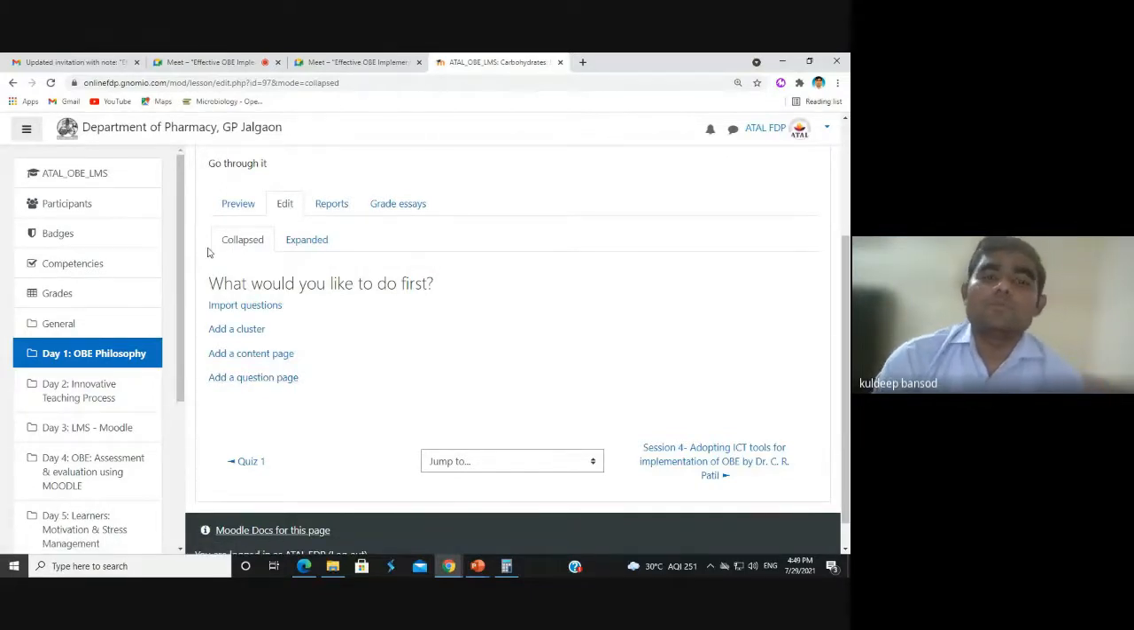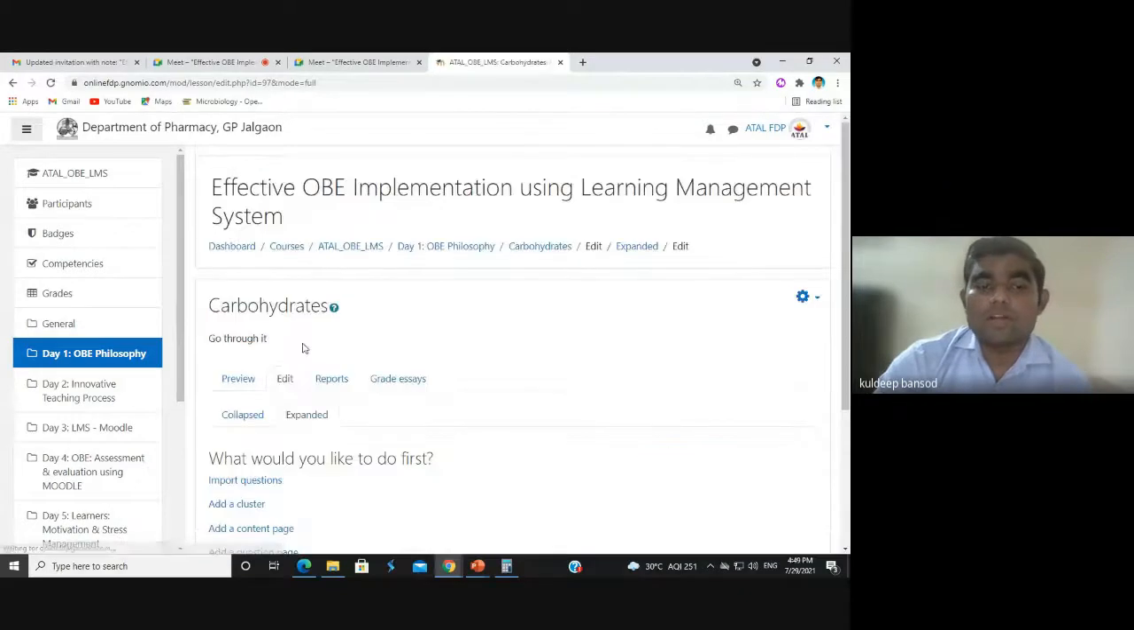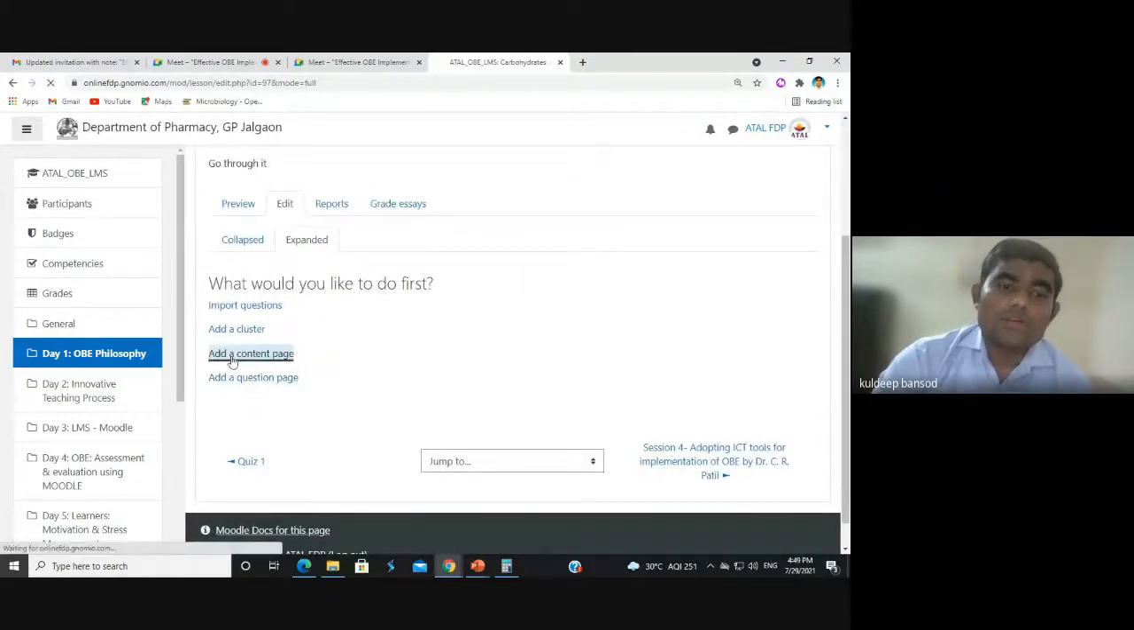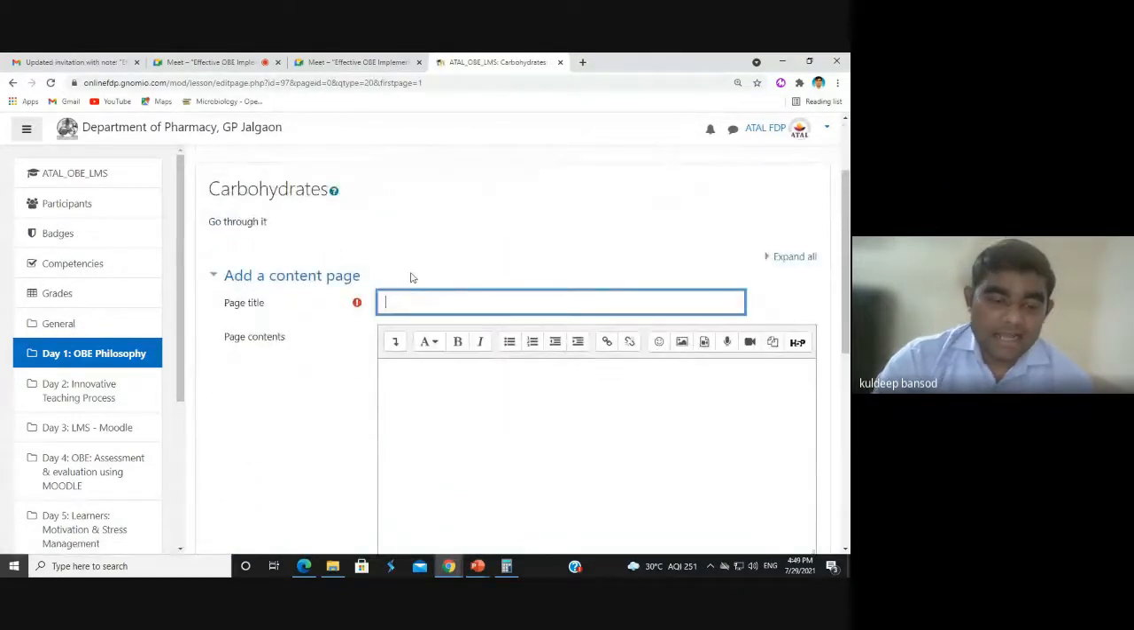The collapse form, in the expanded form. We want it in expanded form. Then go into the content page and add as an introduction to carbohydrates